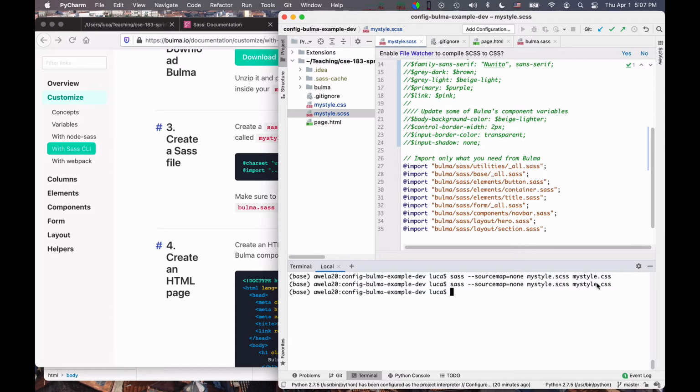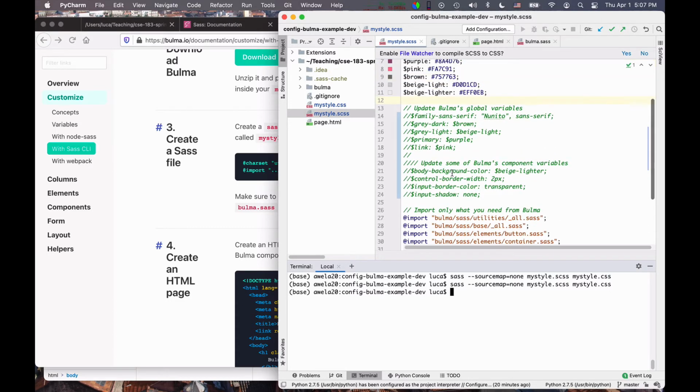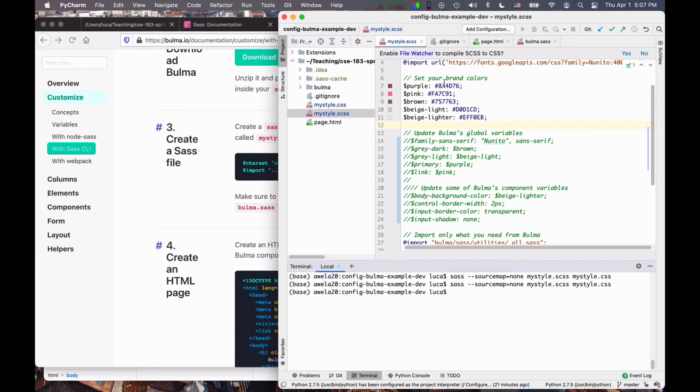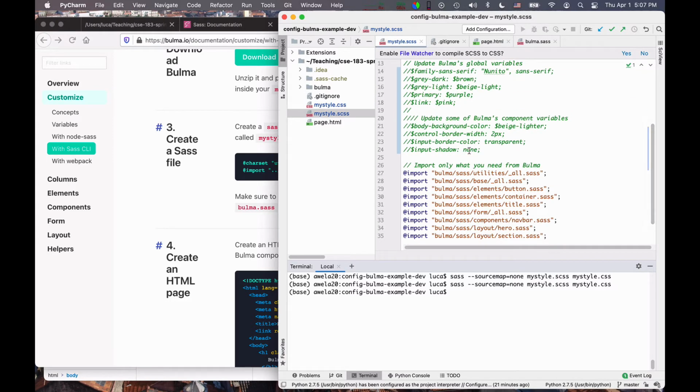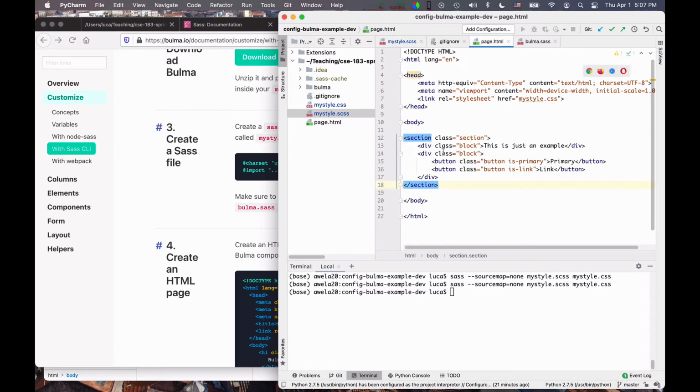So I can do that. In this case, there will be no change from the normal behavior because I have defined my brand colors, but I have not yet affected Bulma in any way. Then I also create a page.html, which in this case is super trivial. I just wanted to give you a very small example.